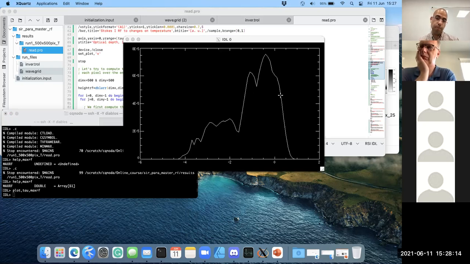So for the time that you want to really use this for your research, try to increase the spectral sampling a bit, but you get the idea. So this is what we did in day 3. So just compute this